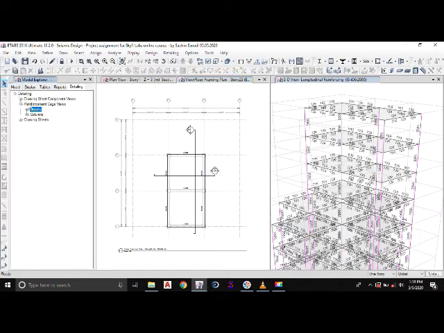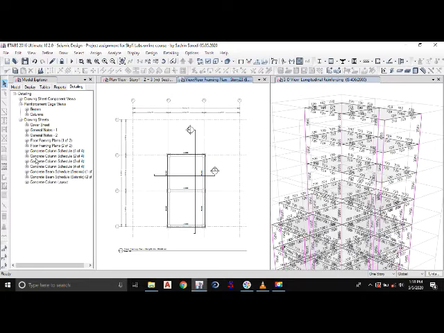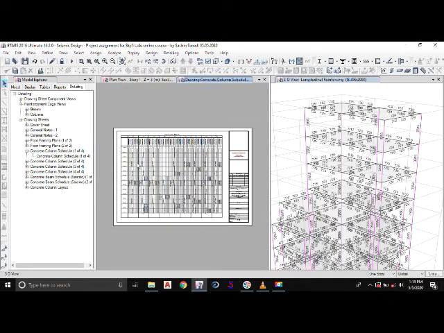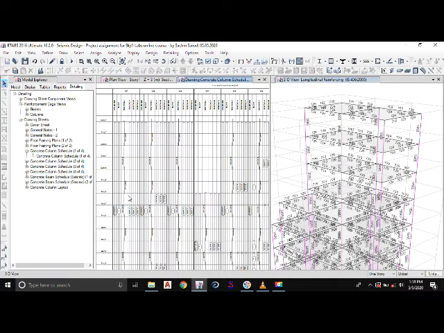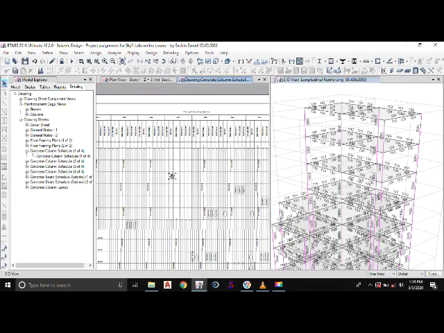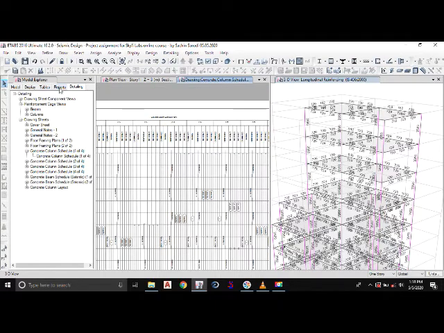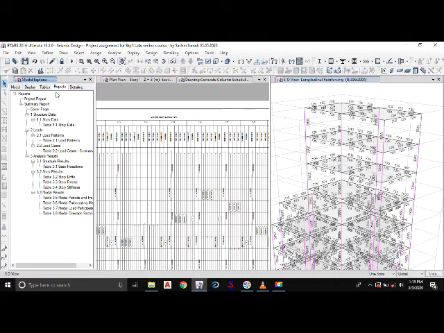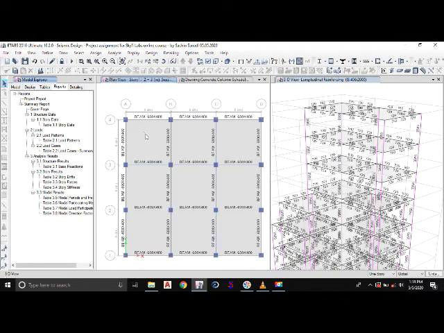Similarly, I can check the framing display. So I'll go to concrete column schedule. So I'll click on this. You can see all the column details from story 1 to story 23 with respect to each and every story. Again, I'll go to reports. So again, in this particular kit, you can get the project report as well as the summary report for the particular structure.